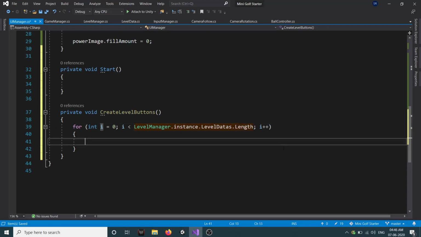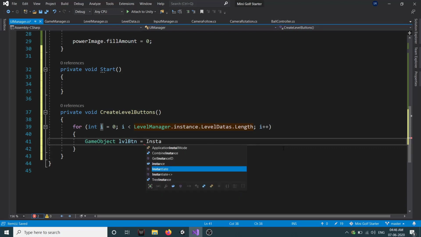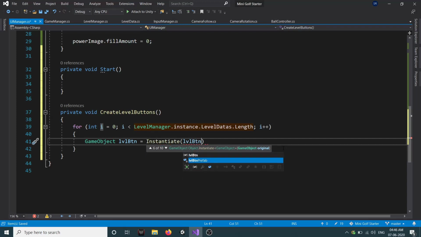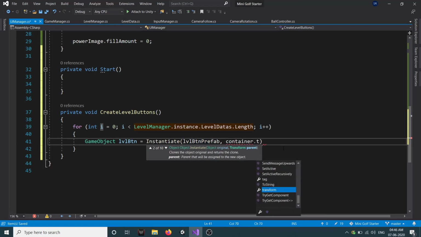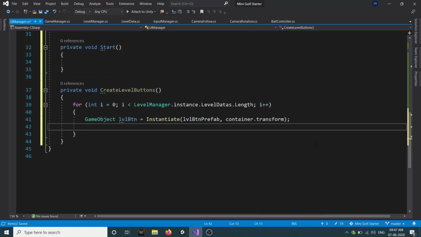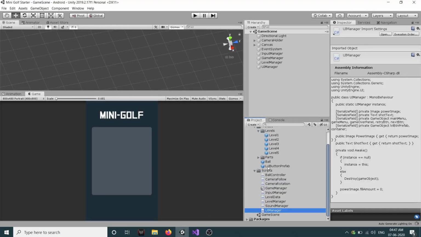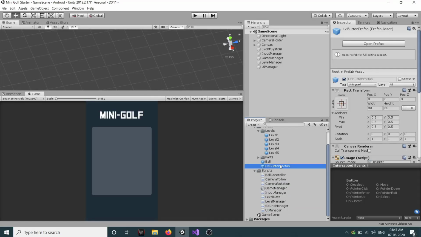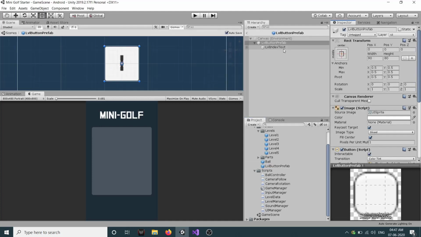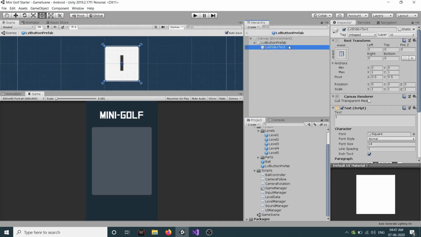Now we need to spawn the game object. So GameObject levelButton is equal to Instantiate(levelButtonPrefab), and our parent will be container.transform. Then we need to set the button index. So if you go back to our editor, we have this button prefab here. Just click on it and open it. You see here the first child of our prefab is a text, and this text shows the index of our level.